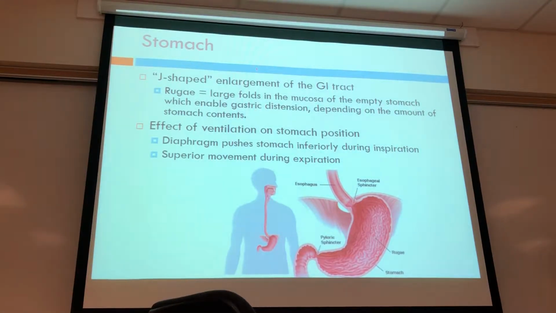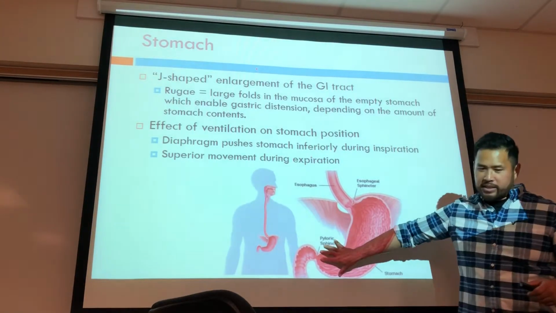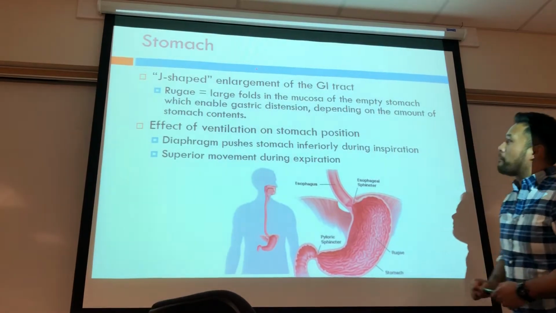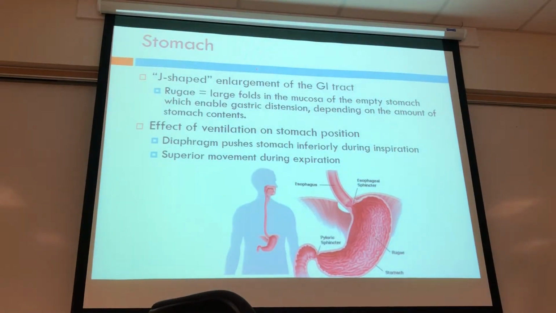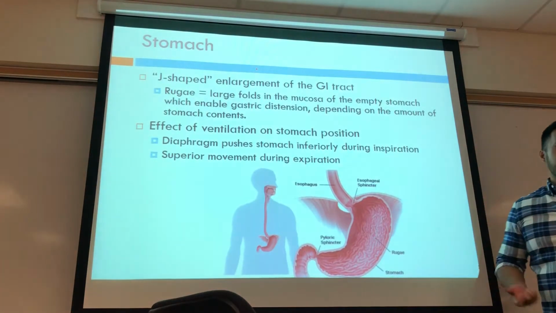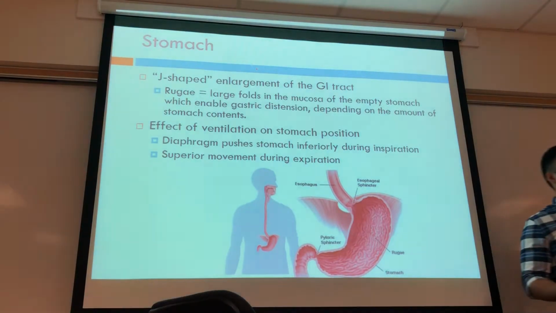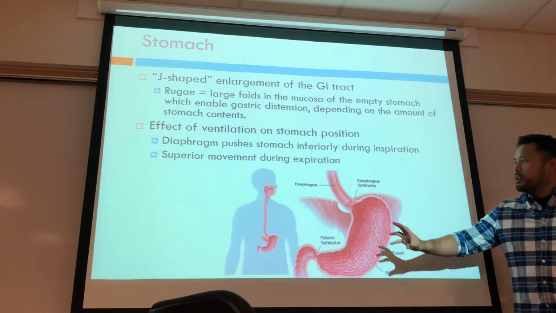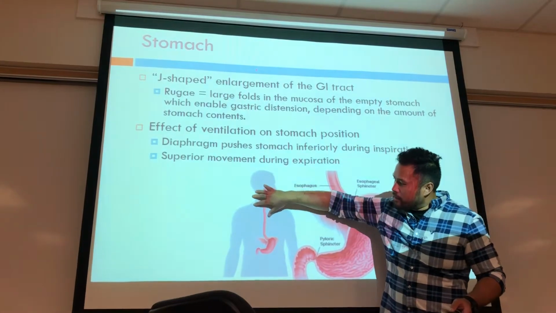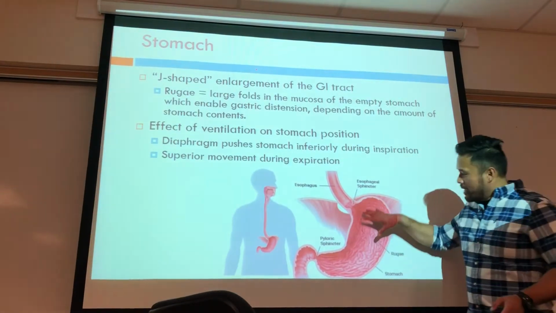So, the stomach. When we look at the shape of the organ itself, it is J-shaped, simply because it's the shape of a J. Let's talk about the function of the stomach. What exactly is the stomach for? It's for the storage of food. Whatever we've just consumed and ingested and has been propelled down the esophagus has made its way into the stomach,